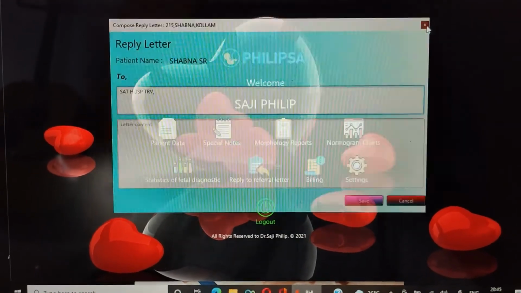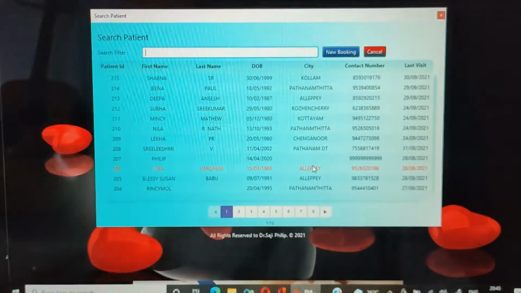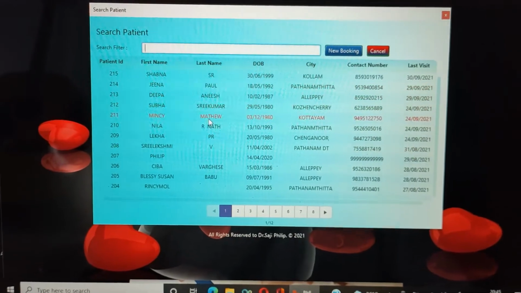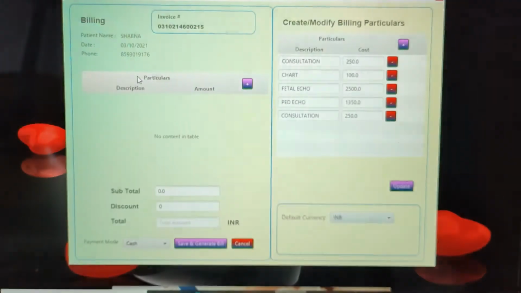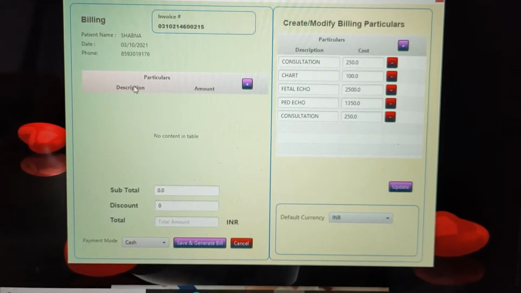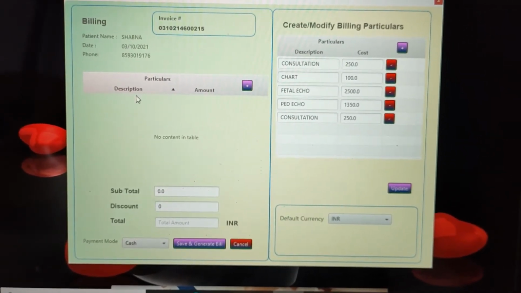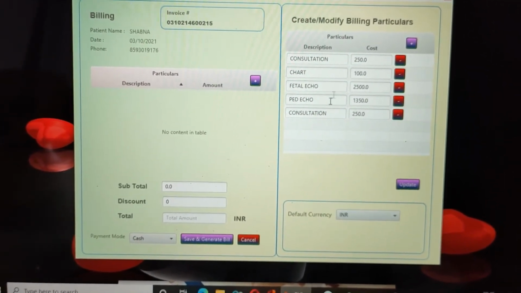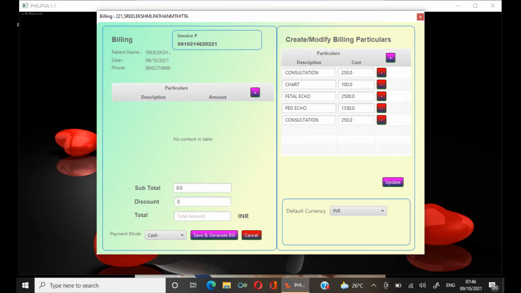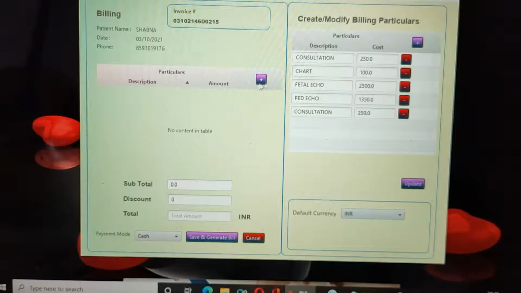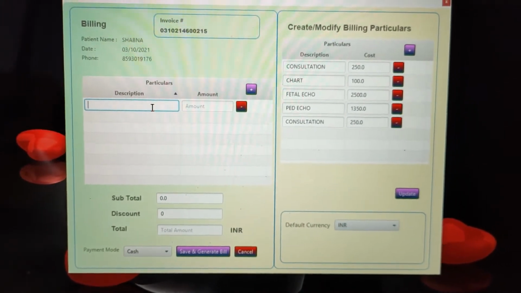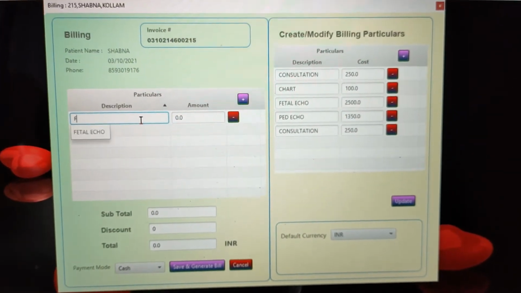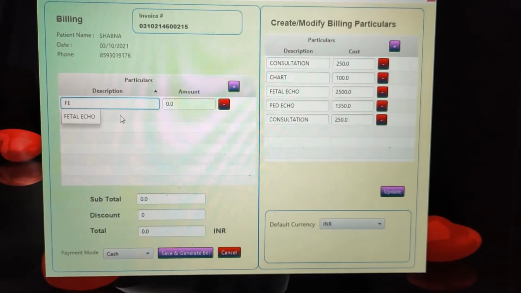Then you have billing. If you are interested in billing in your own clinic, you can bill it. Suppose you are doing this and you add this, and you can add your own fetal charges.